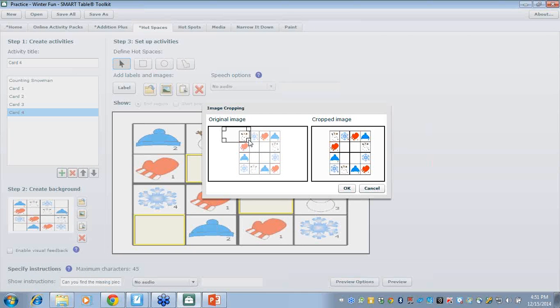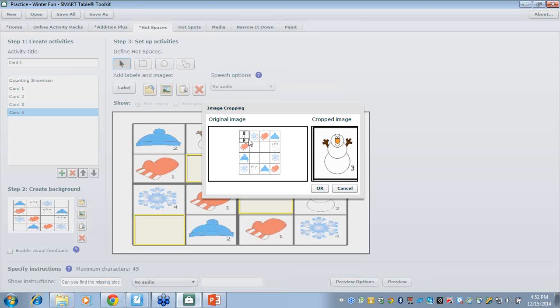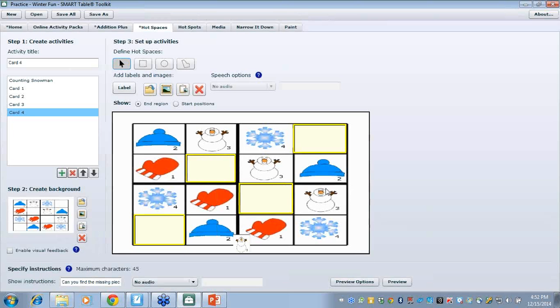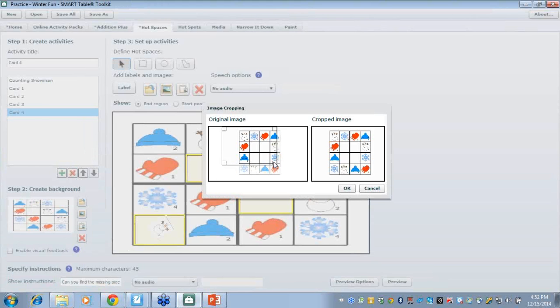So think about all those PDFs where maybe you have a picture or something in them. This cropping feature is super, super cool because you don't have to do any cropping yourself. It does it for you, you just have to get it kind of right. Let's see if I can get this better. Kind of small, but it works. Look at that. See that? So this one would go here. That's my end region. I'm going to do that again. So double click here, and now I need a little mitten. Well, I could go and get all of them, but